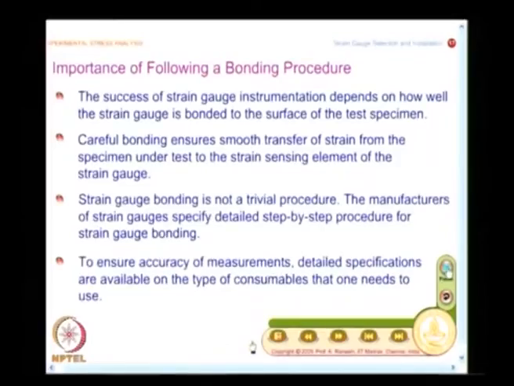If you miss out, as I have mentioned, in strain gauge technology we are measuring very small quantities. Every small action that you are supposed to do has an influence on the final performance of the strain gauge system, and that is the reason why this is titled importance of following a bonding procedure.